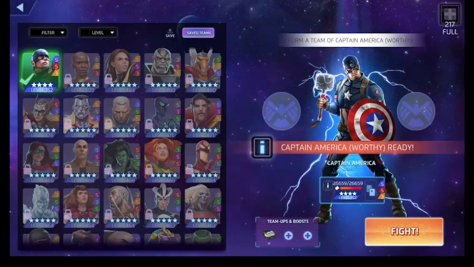Alright, so how are we going to take out Kitty Pryde? Well, we're going to be using Cap's Blue. We're going to try and use Cap's Red, so we're going to fire off the stun. Then we're going to fire off his red ability, for the countdown tiles. And then we're going to try and get as much blue as we possibly can, to keep Kitty stunned. Get as much red as we can, and deal damage that way. Because